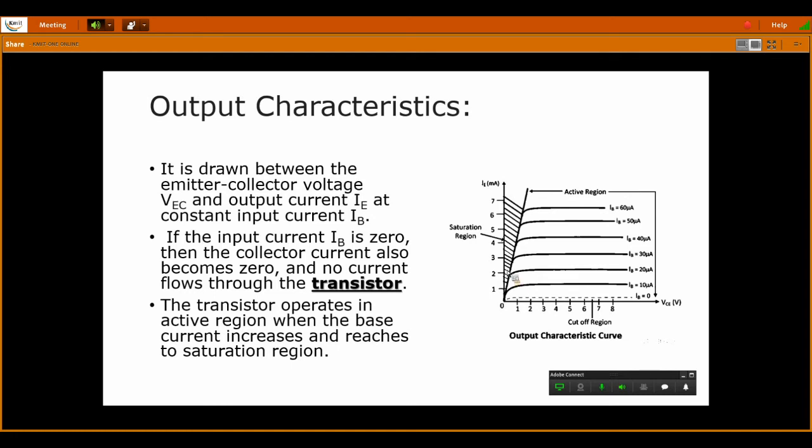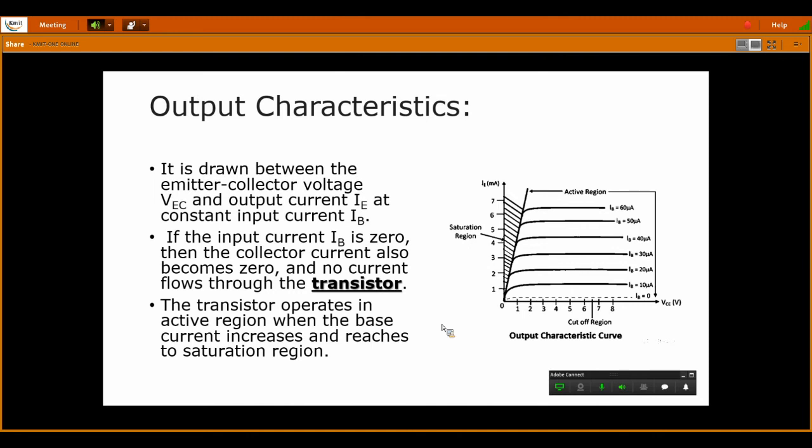Like the common emitter configuration, we would have the linear region in the active region, and the rapid change in the emitter current in saturation, and there is no flow of current in the cutoff region. Here, as IE is approximately equal to IC, the output current is IE and the input current is IB. So the output current gain is high in the